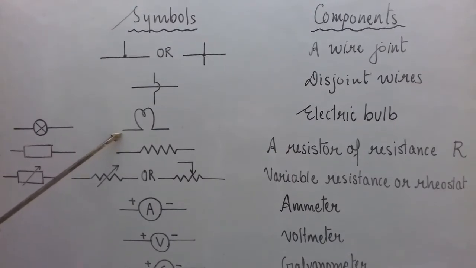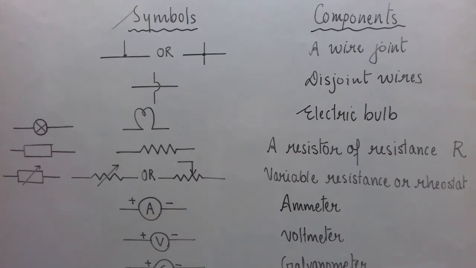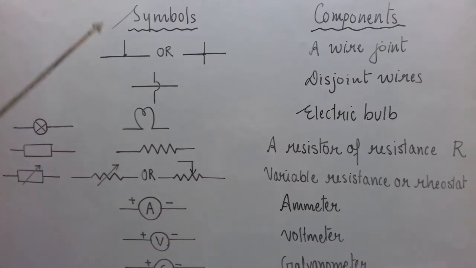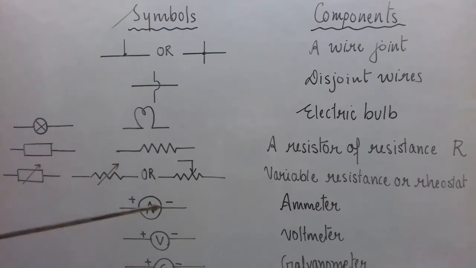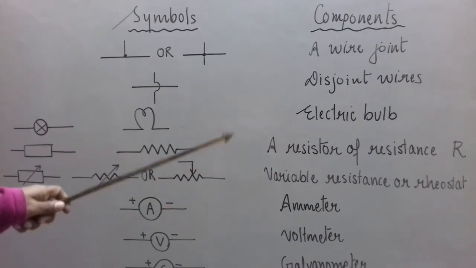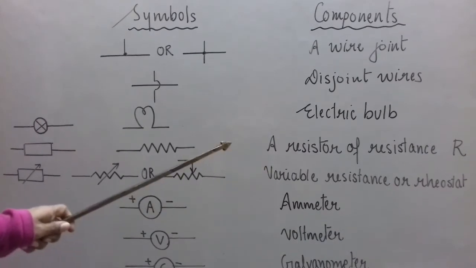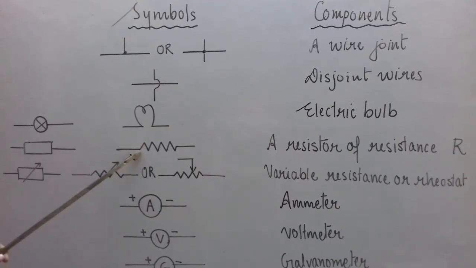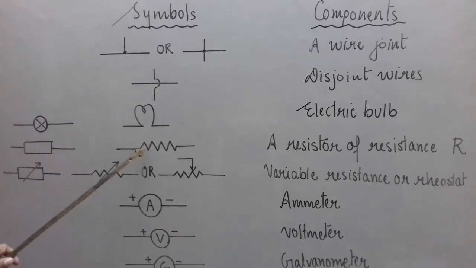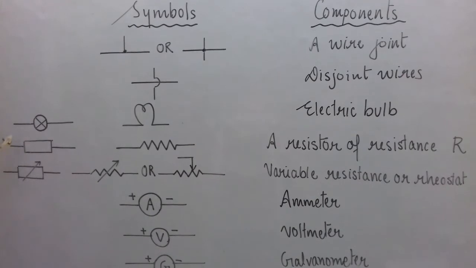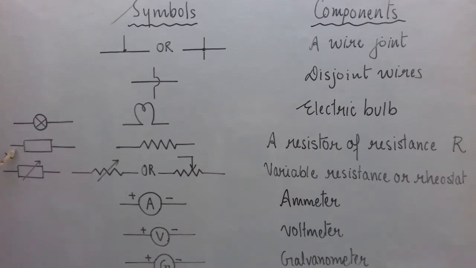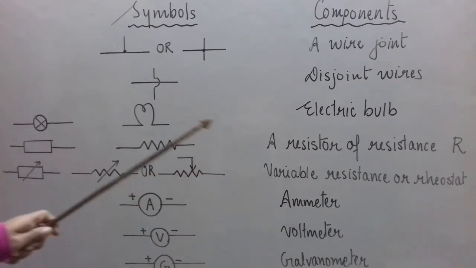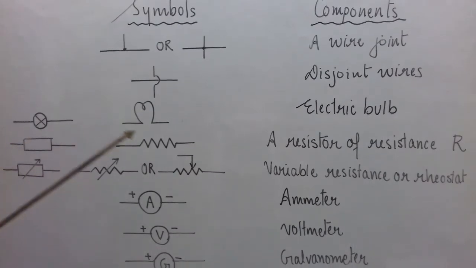Similarly, there is a component about which we will study later, but I will show the symbols here as I am showing symbols of all the components that you will be using this year. So a resistor of resistance R. We'll see what a resistor is and what resistance is later. For now just remember the symbols. This is the symbol that we will be using for a resistor of resistance R. This is a symbol which you can find in circuit diagrams in some notebooks and textbooks. But we will not be using this symbol, although it is also a correct symbol for a resistor of resistance R. We will be using this symbol only.